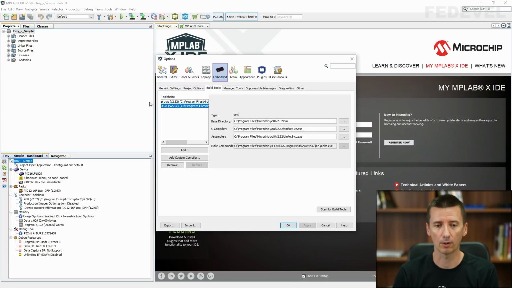And if you add the compiler here, then when you try to create the new project, it should work. Okay, so in case you are having any problems with the compiler, double check it inside of these options, embedded build tools. Very important.